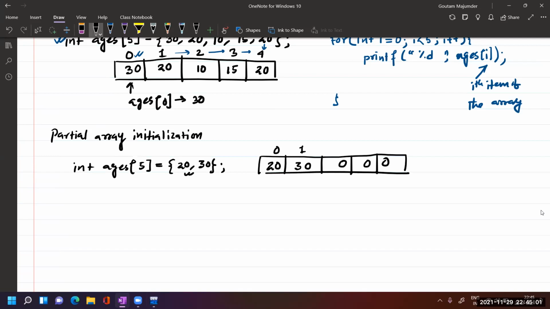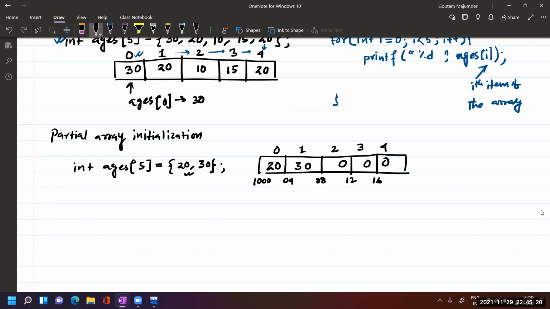Indexing is unchanged. The same way indexing will be done. Address, if you consider the first address is 1000, then others will be a 4-byte jump: 1004, 1008, 1012, and 1016. So the rest of the items will be 0.